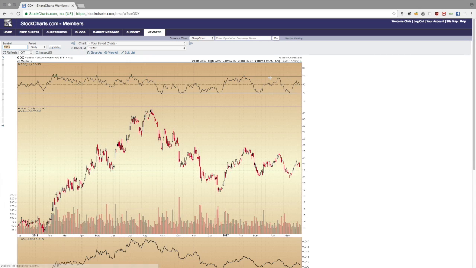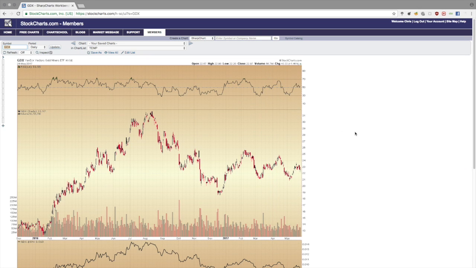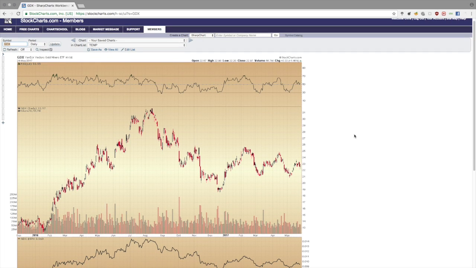And of course, the GDX is one of a number of indices that cover the gold and silver mining sector, but it tends to be the broadest. This is a basket of about 50 different gold and silver mining companies, the larger ones. We also have the HUI index, and we have the XAU index, which are slightly different in their composition. Then, of course, you have the GDXJ, which gets into more of the mid-cap, and you have the GOEX fund, which is some of the real small companies in the space.